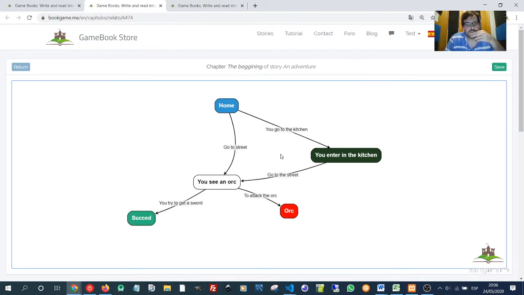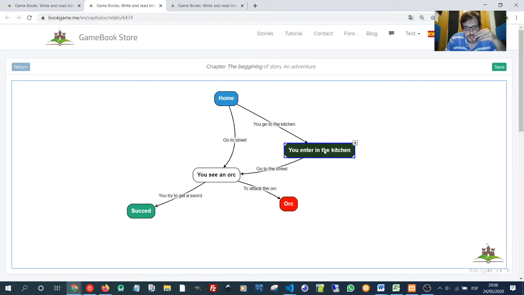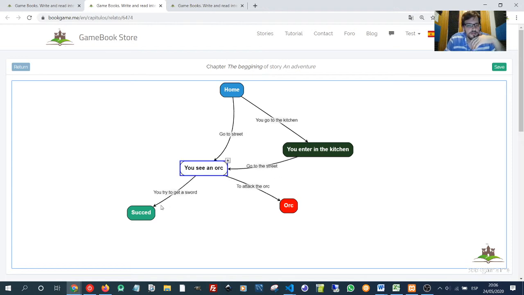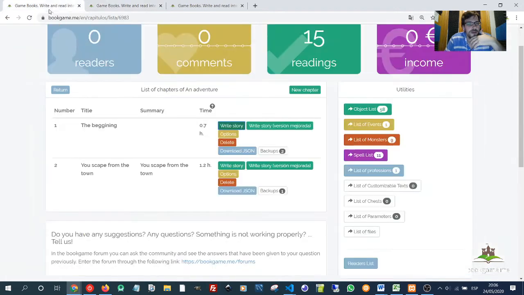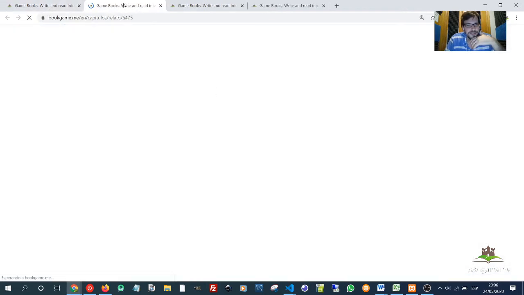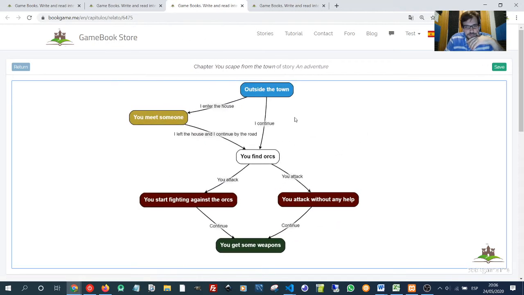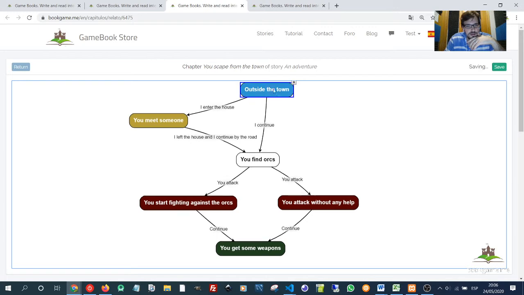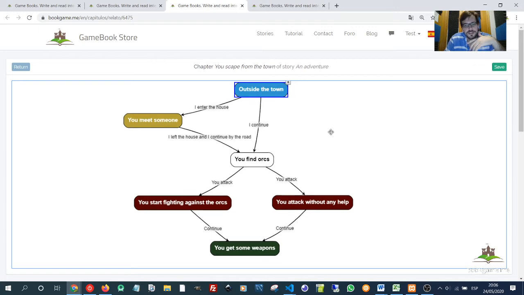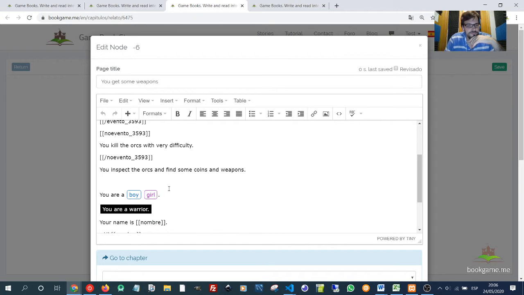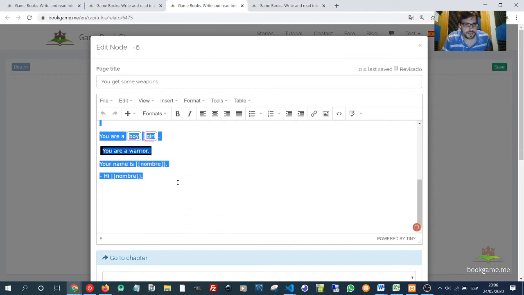Imagine, well, an example of how we can do it. You go to the kitchen. You enter the kitchen. You see an orc. You try to get the sword. I remember right now what we did last week. We are going to write in the second chapter. I'm going to see what we did last week. Outside in the town, you meet someone. You find orcs. We were at that point in the previous tutorial, and we put some text depending